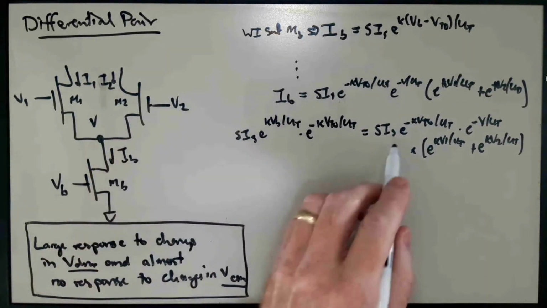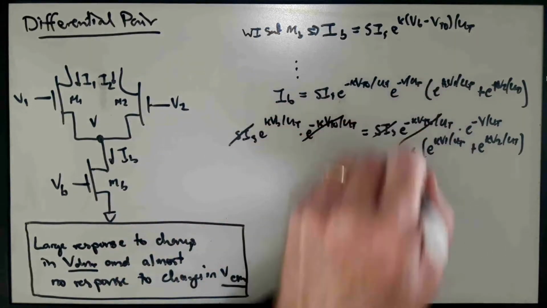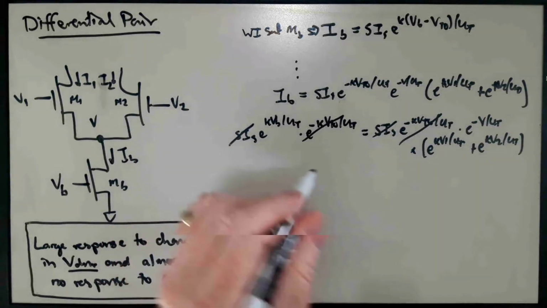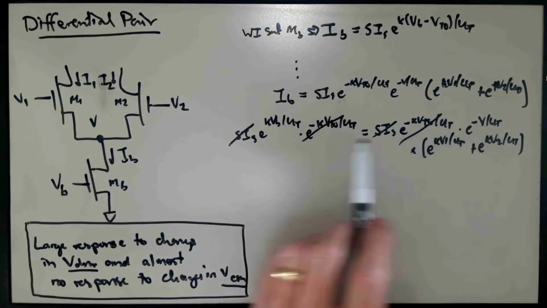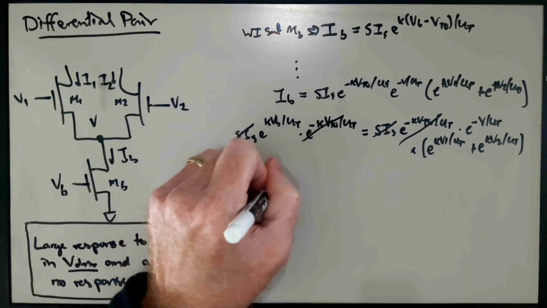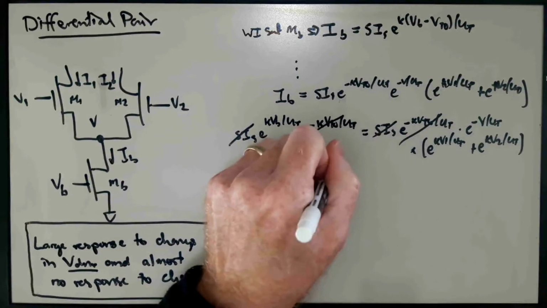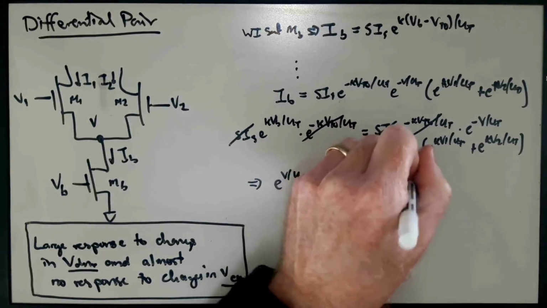And here we can cancel some stuff on both sides of this equation. We can cancel the SIS, we can cancel the e to the minus kappa VT0, and we can use this equation to find an expression for V as a function of VB and V1 and V2. Okay, so to do that we can move the e to the V over UT from downstairs over on the right hand side to upstairs over on the left hand side, and that becomes e to the V over UT is equal to, well, we got this stuff in parentheses here, e to the kappa V1 plus e to the kappa V2,